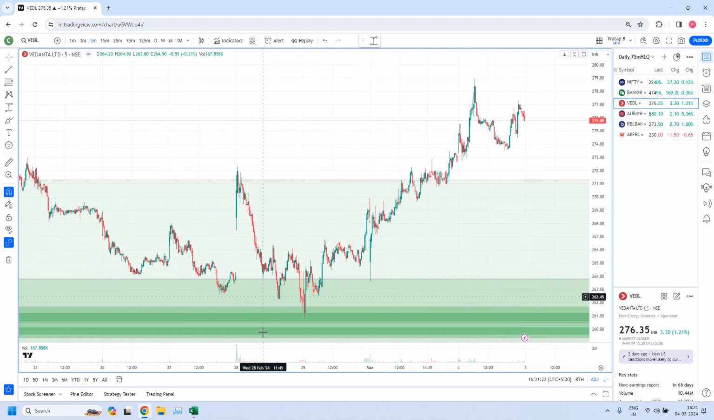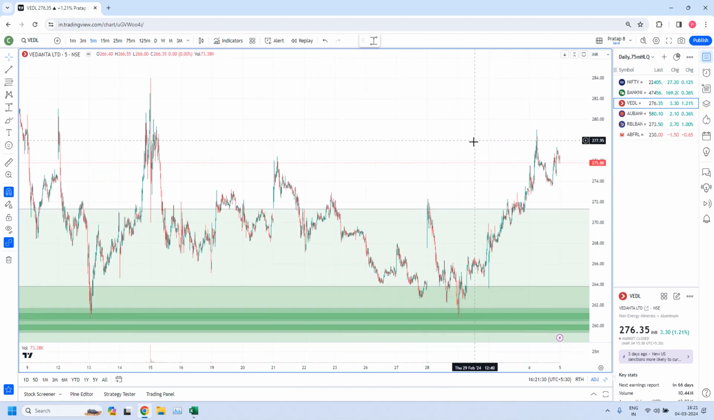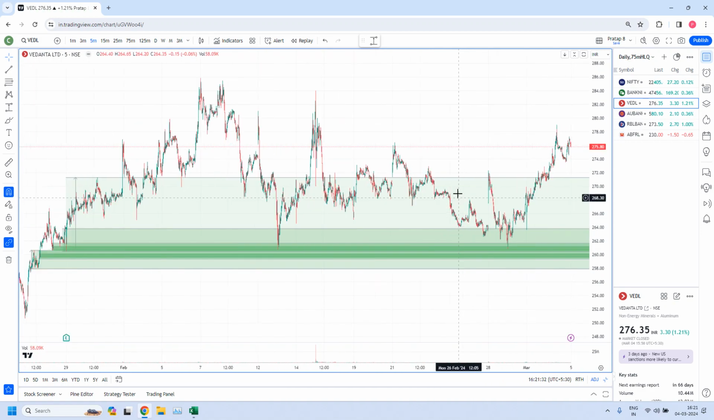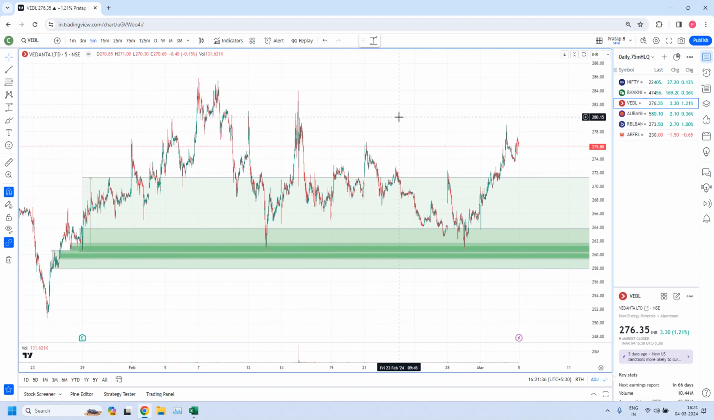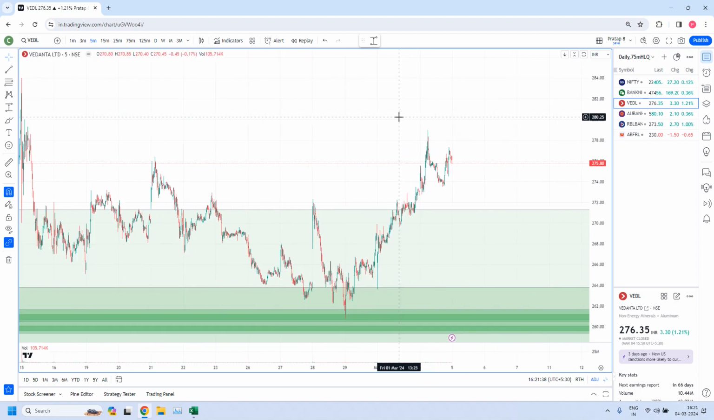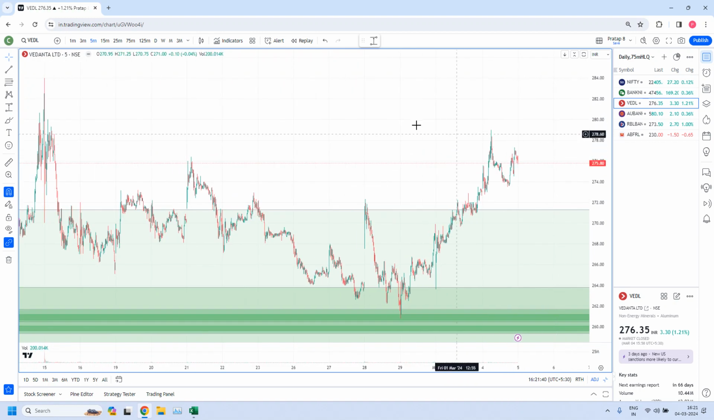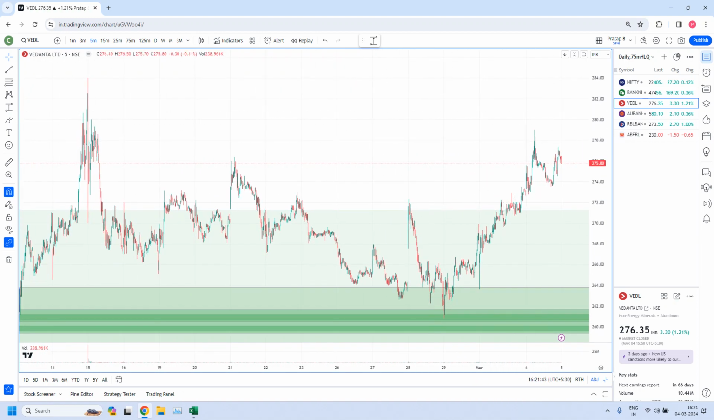So anyway, this is how we fine-tune. If this zone is violated, the next one will pick up. This is a fresh zone, the one below whatever we have drawn. And this is about VEDL, Vedanta. And the next one is